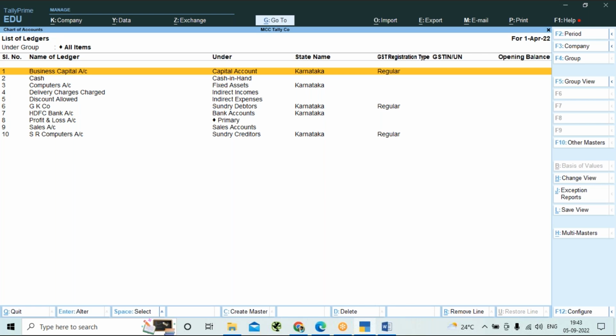Okay, so this is how you can create the ledger accounts. Either you can create it before passing the transactions like this, or while passing the transactions also you can create it. So I'll guide you when we are doing transactions. Okay, so the next one is,